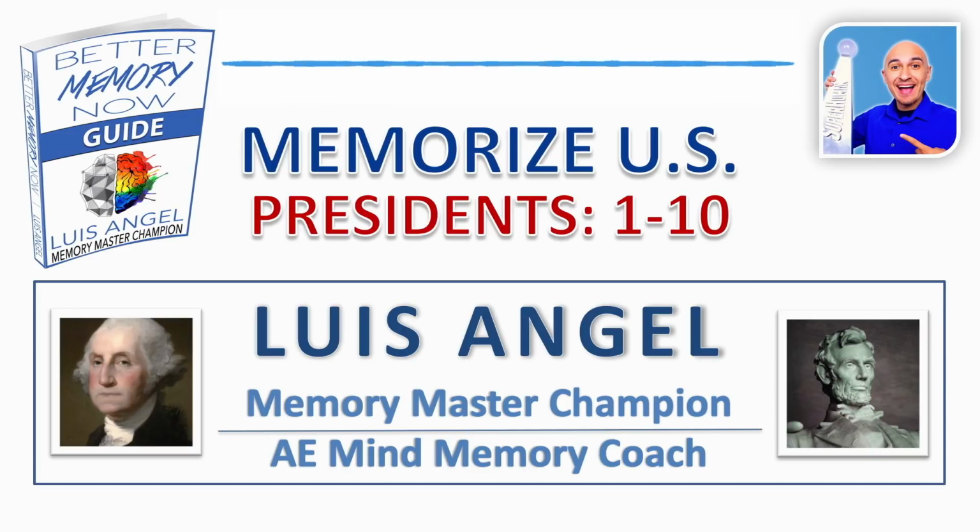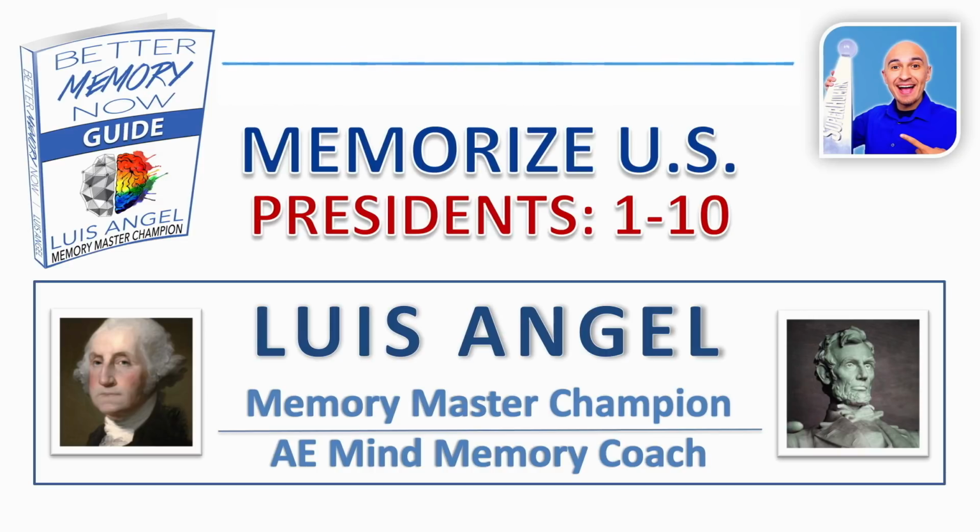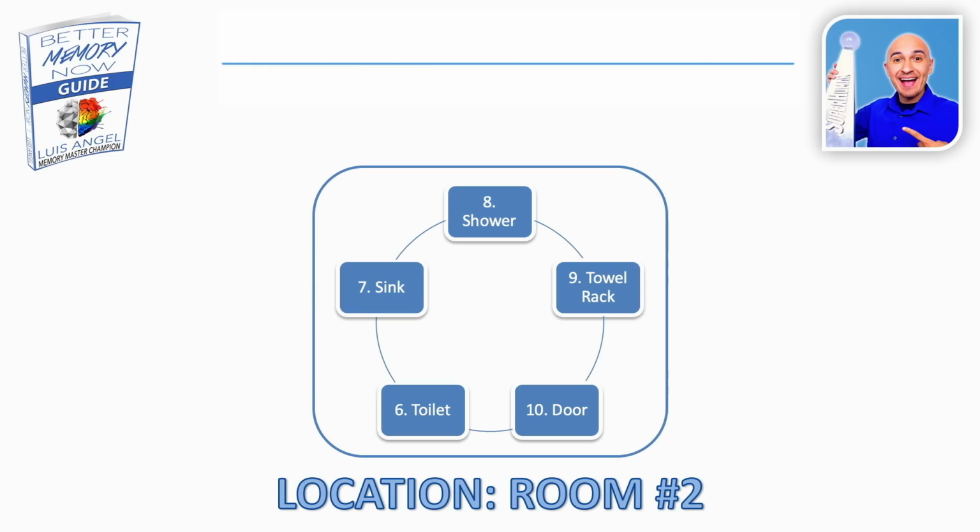Now, how are we doing? You need a break? Go ahead and take a break and then come back. But if you're ready to just trek on and go to the next 5 presidents, let's do that right now. Go ahead and jump over to your second room. For me, that's the restroom. So whatever that is for you, jump over to that room. Maybe it's a bedroom. Maybe it's a kitchen. For me, it's the bathroom, restroom. And then see your 5 locations there that we're going to use. So number 6 for me is a toilet, 7 is a sink, 8 is a shower, 9 towel rack, and